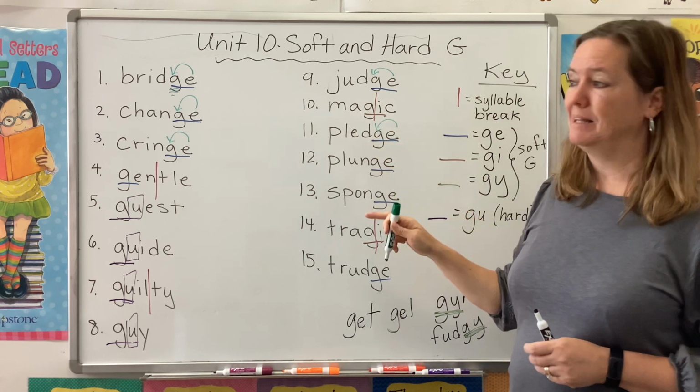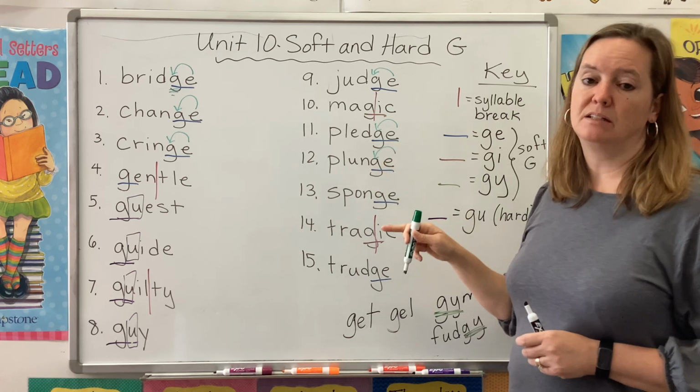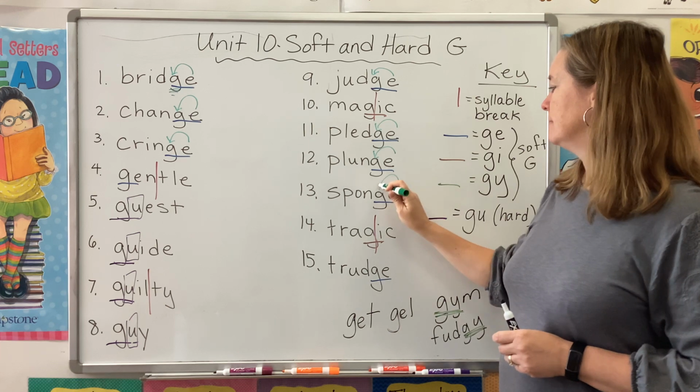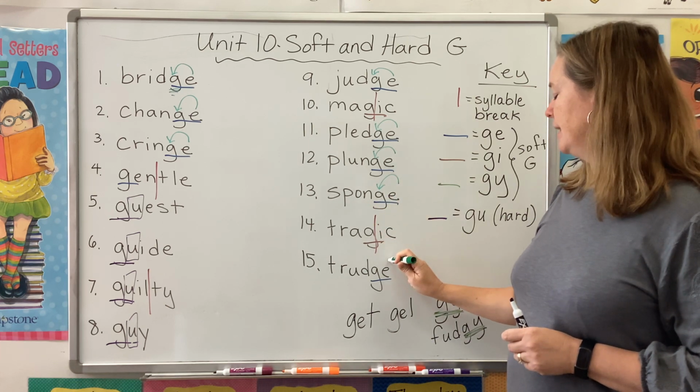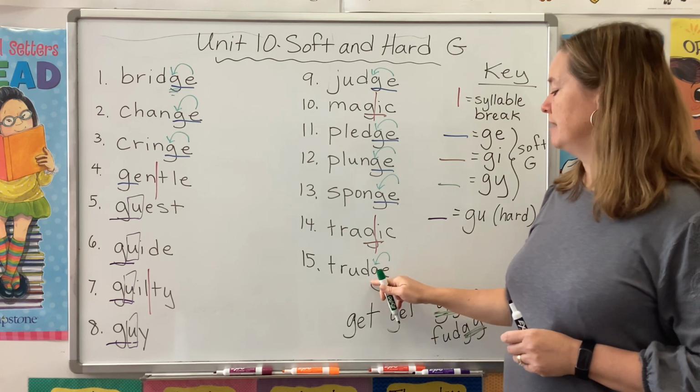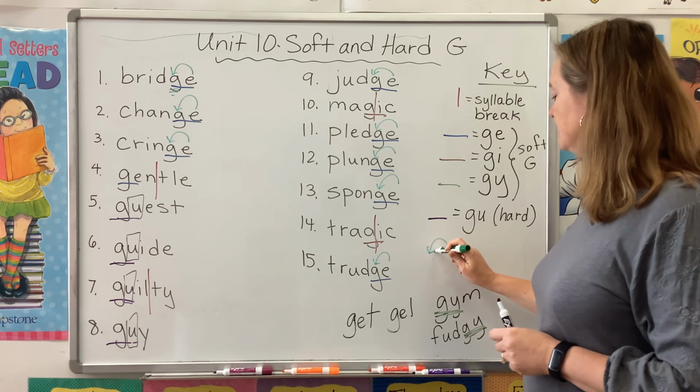Pledge instead of pledg. Plunge instead of plung. Sponge instead of spung. And trudge instead of trudga. Okay? So in all these cases,